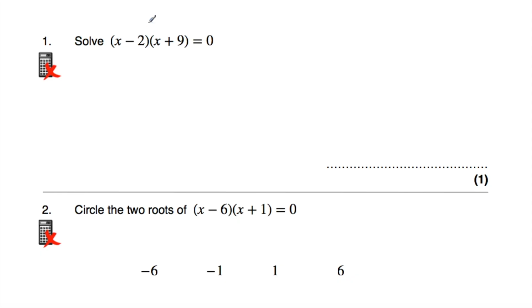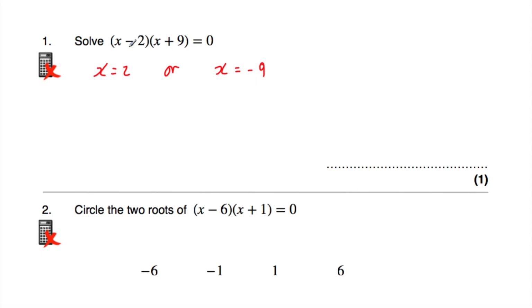So what we need to do is consider that if we've got two brackets that times together to be equal to 0, that means that either bracket must be equal to 0. So in terms of this bracket, to make it 0, x would have to equal 2, because 2 take away 2 is equal to 0. Or to make this bracket 0, x would have to be equal to negative 9, because negative 9 plus 9 is equal to 0. So that means that we've got two possible solutions, that either x equals 2 or x